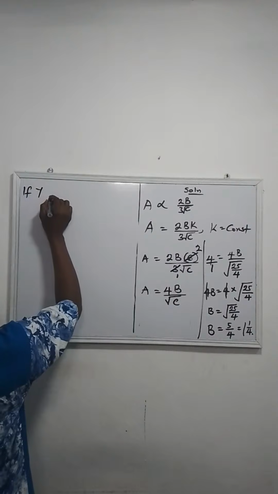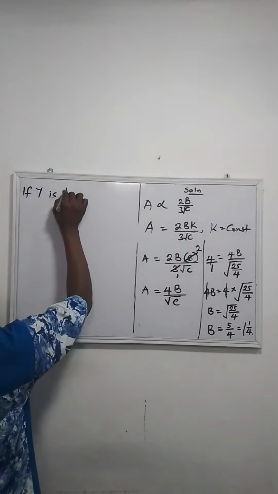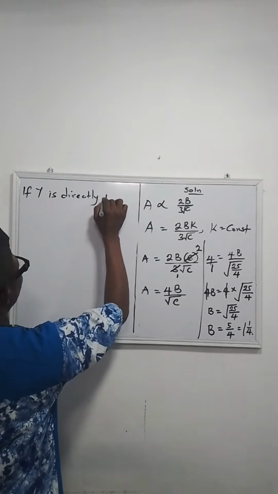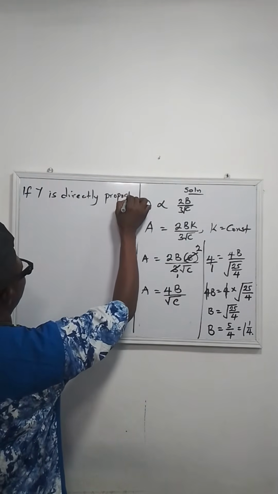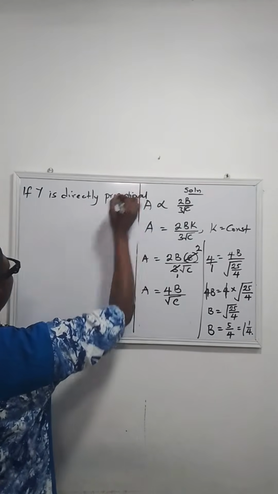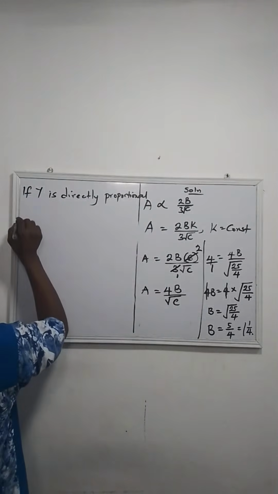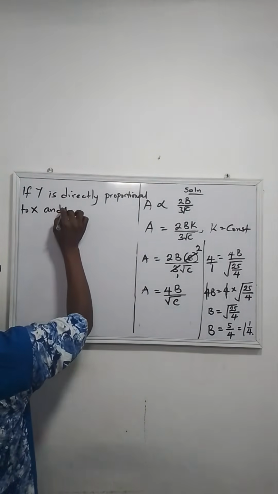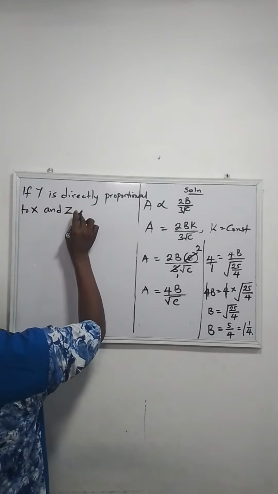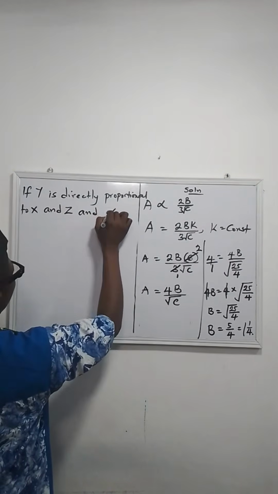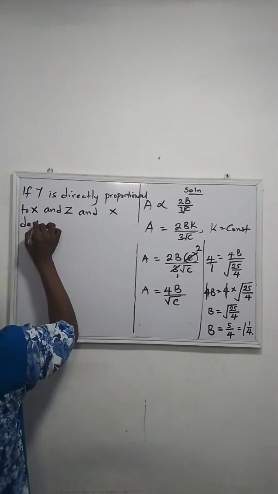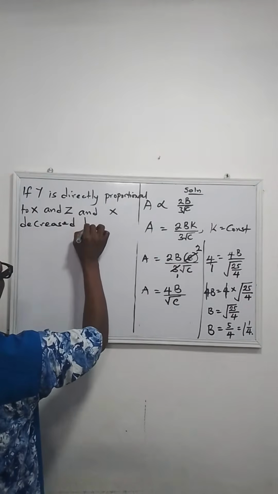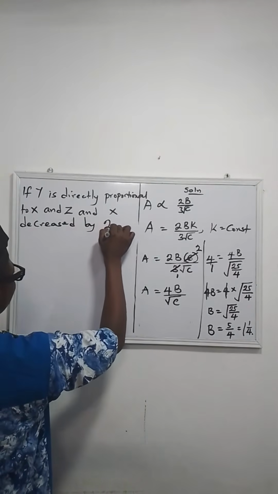If y is directly proportional to x and z, and x decreases by 20%,